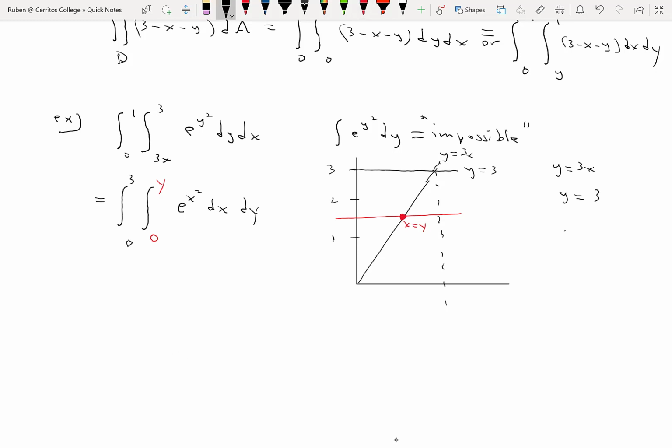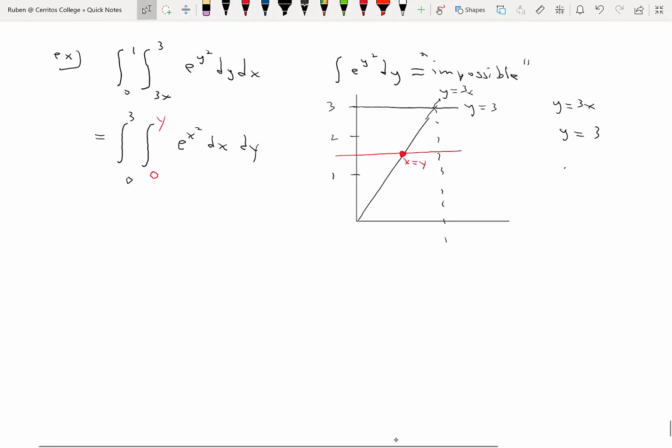Remember, the outermost limits of integration are always constant. The inner integral, or integrals, as we're going to see with triple integrals and so forth, may involve functions of variables, non-constant functions. All right, so now let's attempt to, oops. I just noticed I changed my function. The limits of integration may change, but the function doesn't change